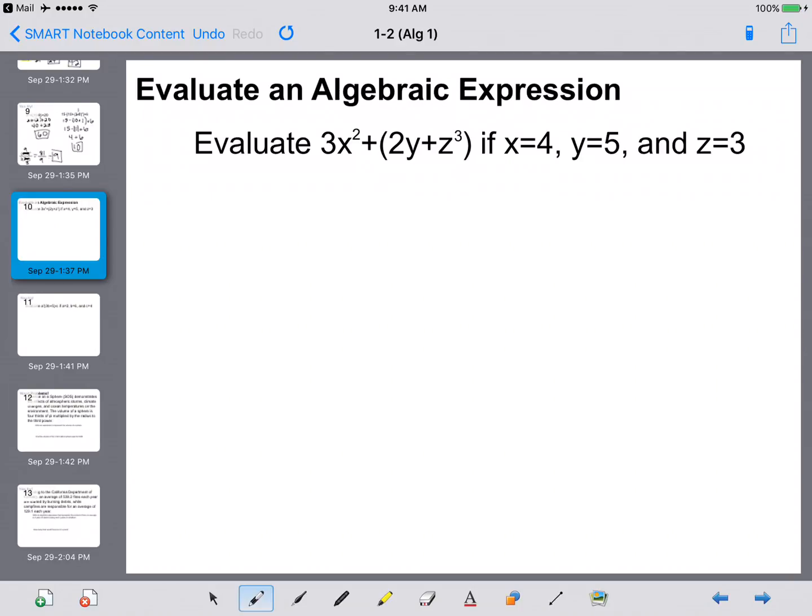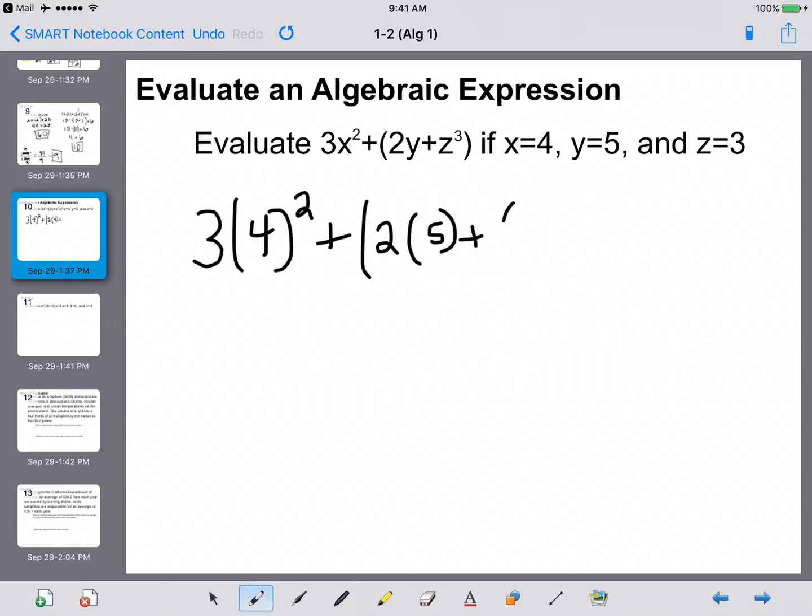So, evaluate an algebraic expression. Now what we're doing is we're replacing a variable with a number and then solving. So we've got 3x, where x is 4, squared, plus 2y, where y is 5, plus z, where z is 3, cubed. Okay, so starting off with parentheses and exponents,